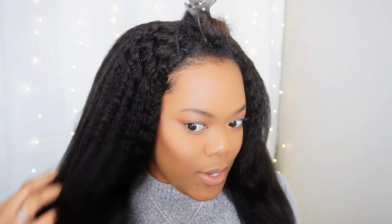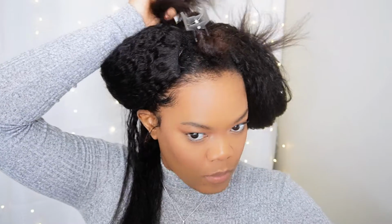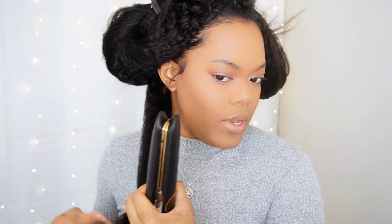What I'm gonna do is I'm going to straighten this here because it is very thick up here. So that is what we're gonna do. So I'm just gonna start with one side. See how well this hair can actually take some heat. I'm flat ironing at 450. I'm trying to honestly do one pass, so we'll see. The section is probably big, but